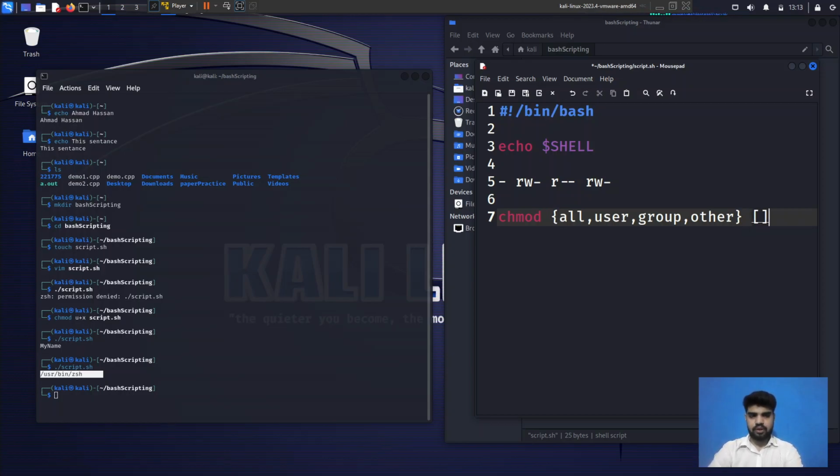Next up, you will compose your script as plus or minus sign. You can use any of this, and then you have the permission that you want to edit. Here r goes for the read, w goes for the write, and x for the executable. So here you can see, when I